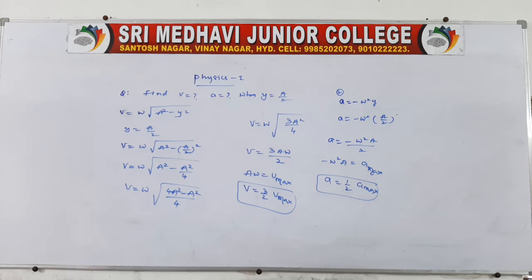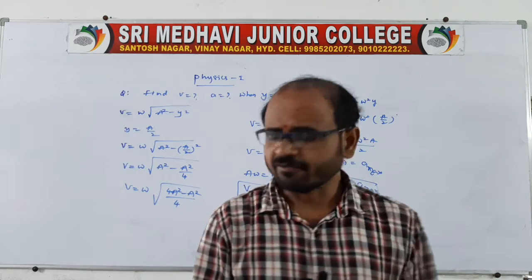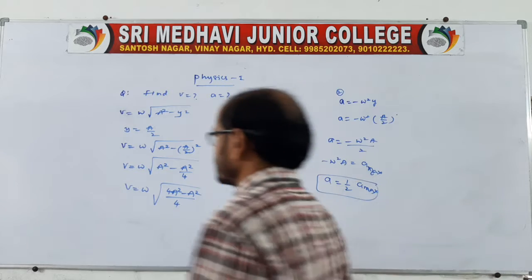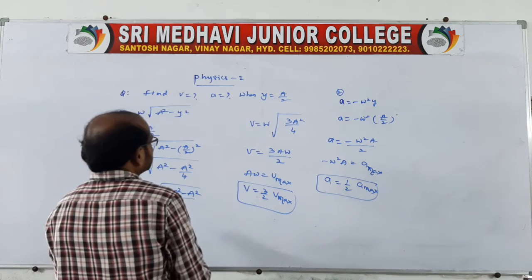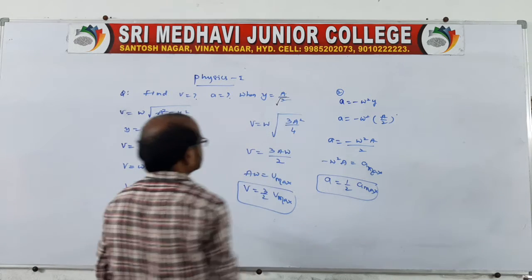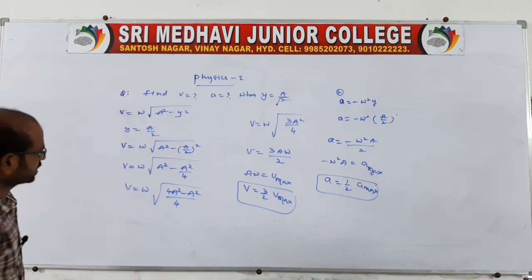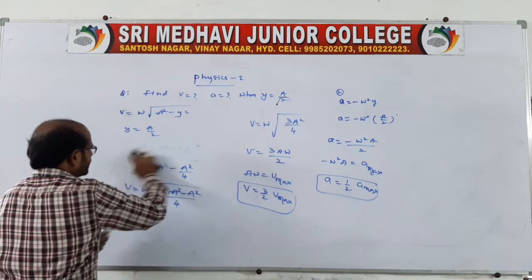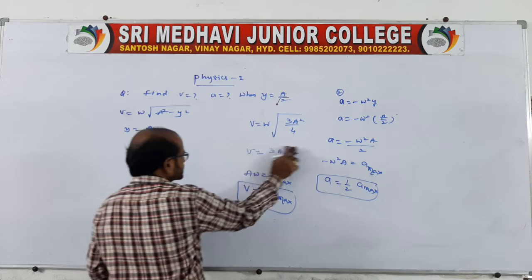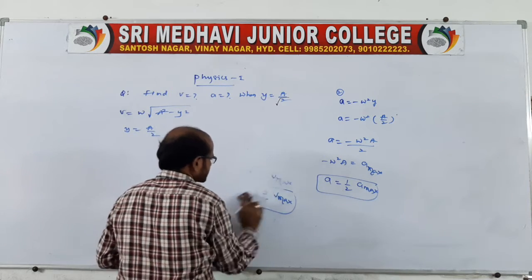Is it okay? So this is the one question, and here I'll tell you another question on the basis of the same. Everything is the same, it is asking to find V and A when the displacement is given as a by root 2. So you take a by root 2 instead of y. You can also do this, because it is very easy, a similar method, no? So the similar method you do this, right?